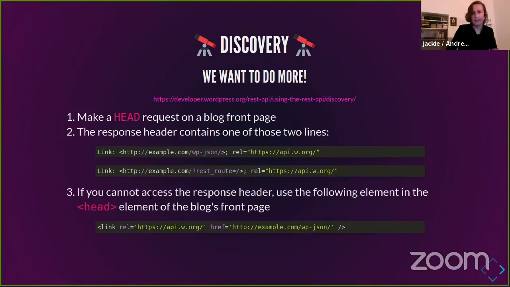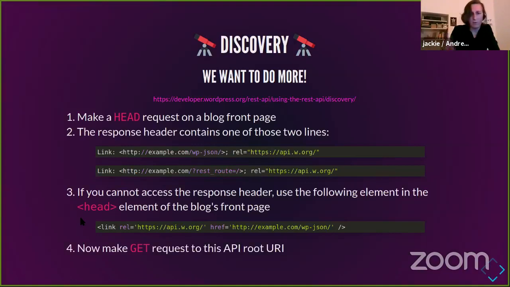If you can't access the response headers, if you're in an older browser or have a library to do the GET request or the HEAD request where you can't access the headers, you can also always do just a simple GET request on the blog itself, on the front page. And then you also have in the head element a link element, which provides the same URL. So it's the same, it's just more expensive in terms of getting a lot more data and extracting this.